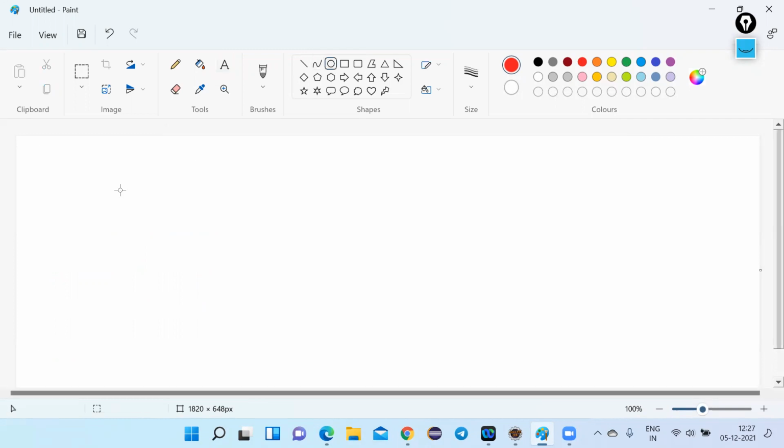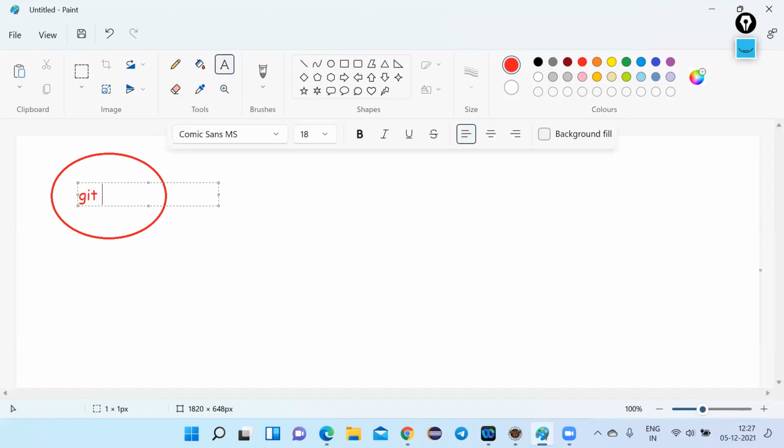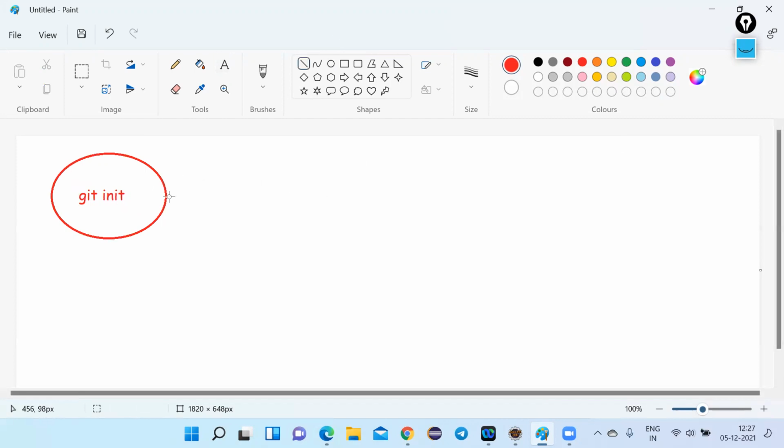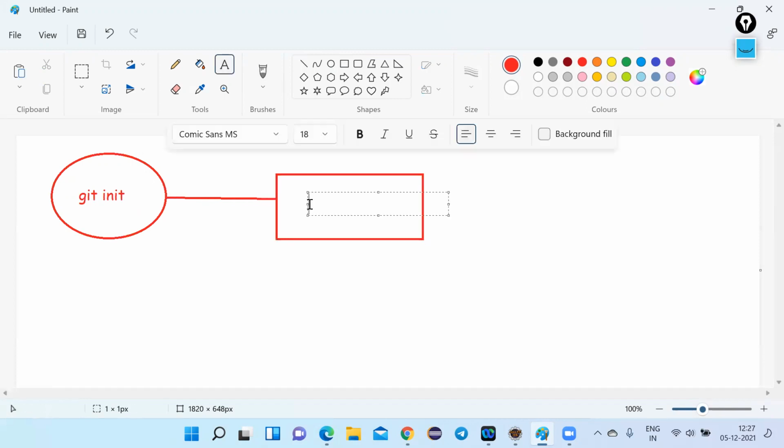So the first step, to make a normal folder into a git repository, we need to use the command git init. After this, what exactly do we need to do? We need to move this to the staging area. To move this to the staging area, the command is git add followed by the file name.